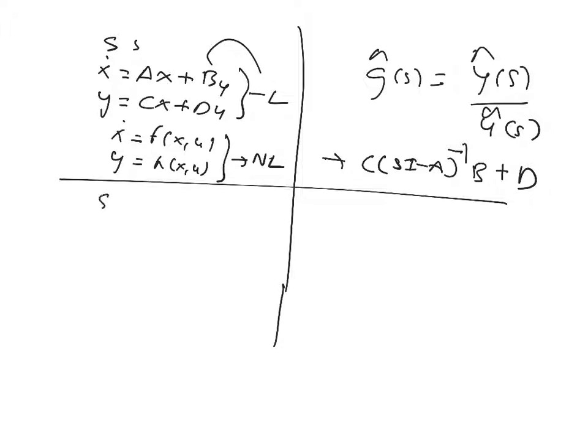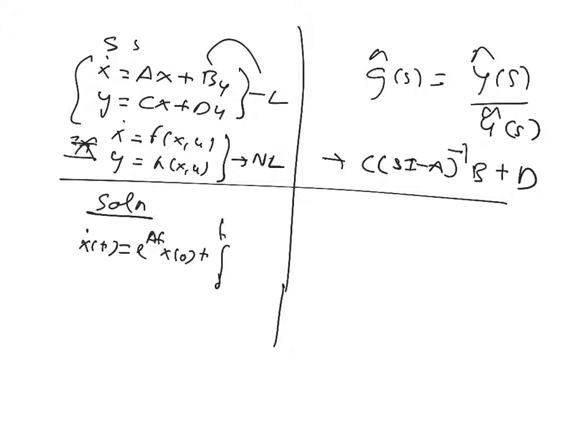You can find the solution of a system, not for this one, which is out of reach, but for a linear time invariant system, you can get the solution x(t) equals e to the power At x0